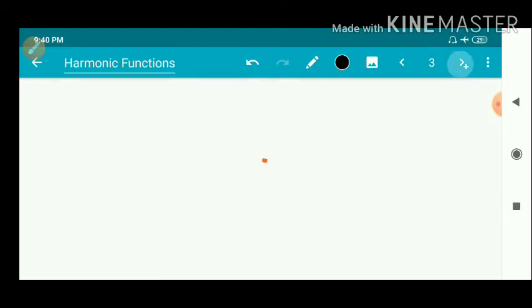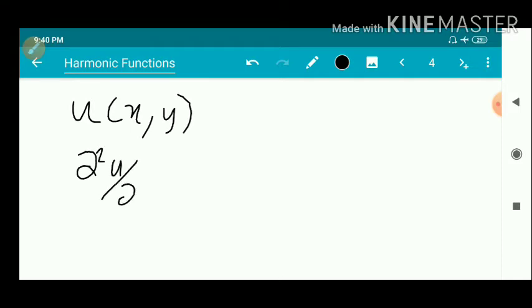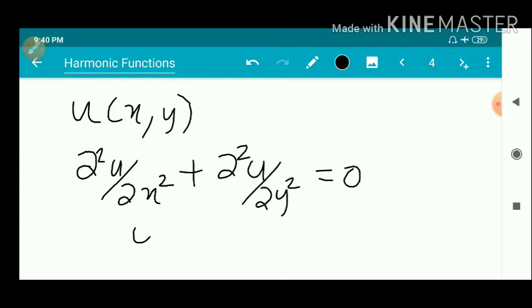So if we consider a function u(x,y), that is in the complex plane, we take it as a function in two variables. If u(x,y) is harmonic, it is continuous and it has continuous second derivatives, and also satisfies the Laplace equation: ∂²u/∂x² plus ∂²u/∂y² equal to 0. That is, uxx plus uyy equal to 0. Then u is a harmonic function. So we have a result